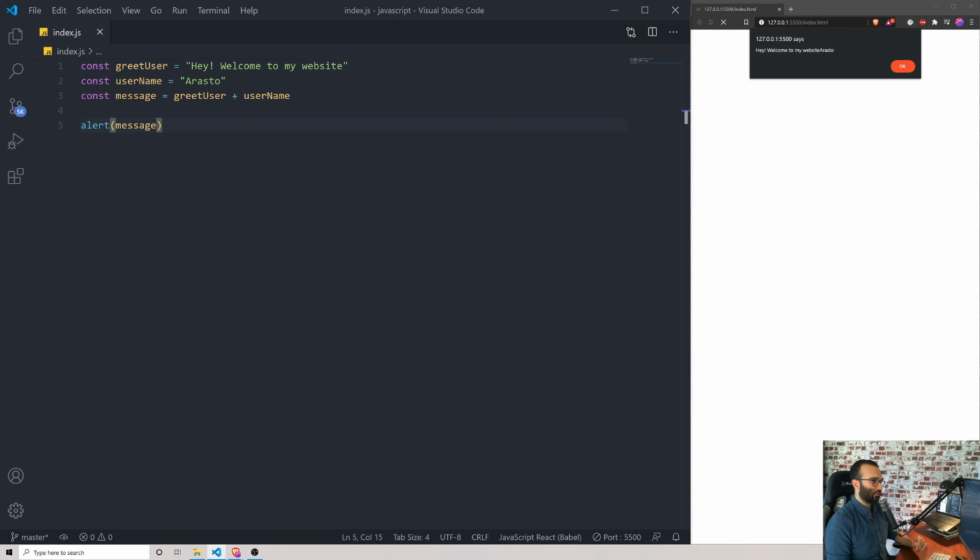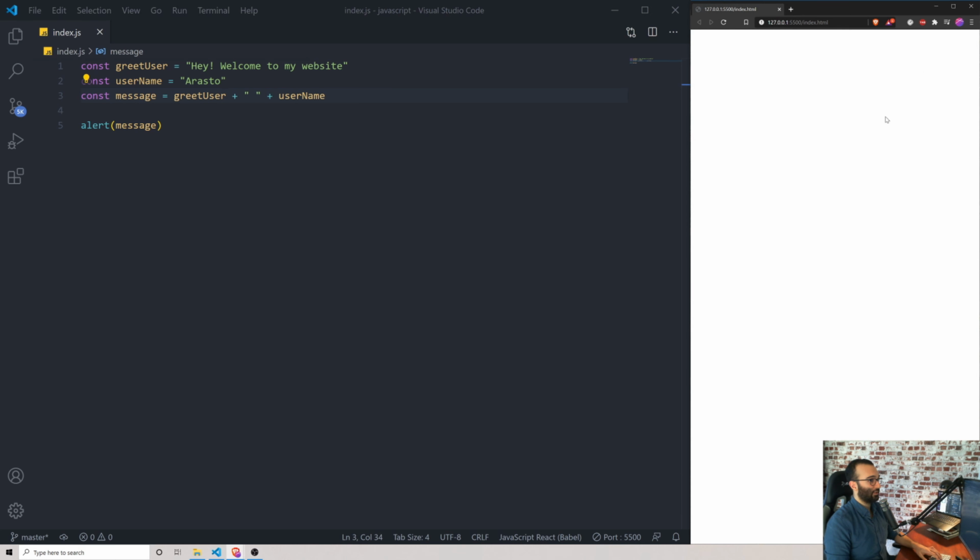If we observe the message here, it's lacking a white space between the website and the Arasto. So we're going to add this simply by adding a simple white space in our variable. If I now reload,